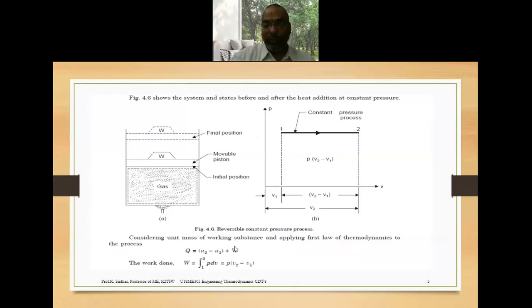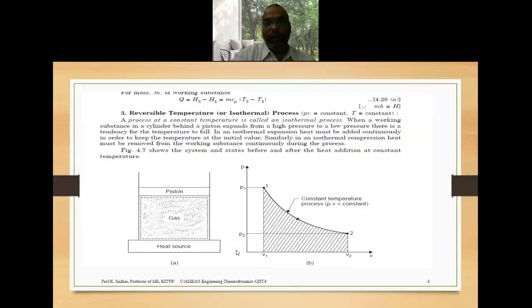But in the constant pressure process, delta W is always equivalent to P into (V2 minus V1). So now you have to substitute the formula of delta W here, then we can find out the delta Q. So delta Q is equivalent to dH, that is H2 minus H1, that is equivalent to mCp into (T2